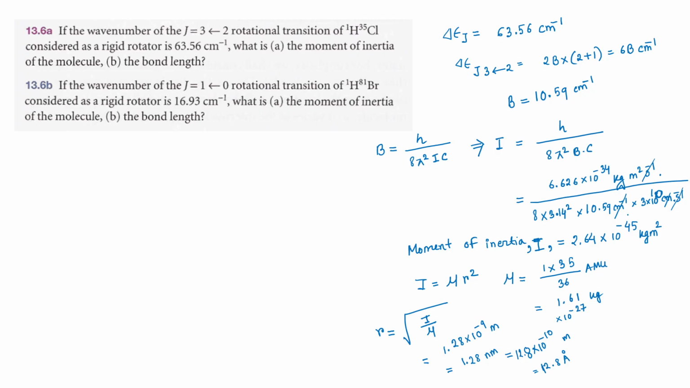6 into 10 to the power 34 divided by 8 divided by 3.14 square divided by 10.59 divided by 3 divided by 10 to the power 10. So it is going to be 47. If it is going to be 47, then